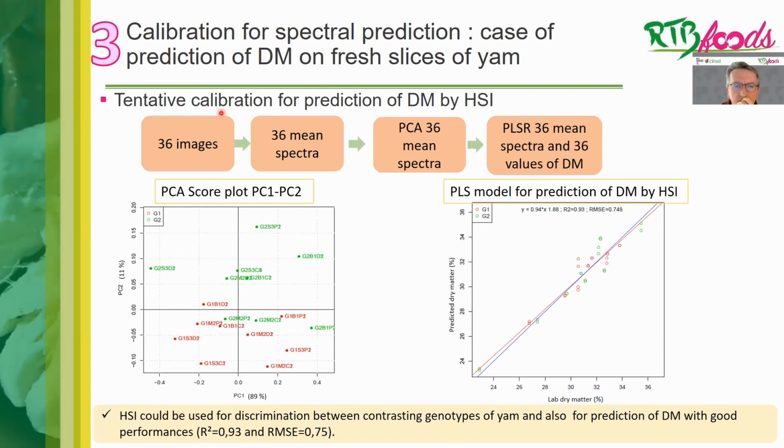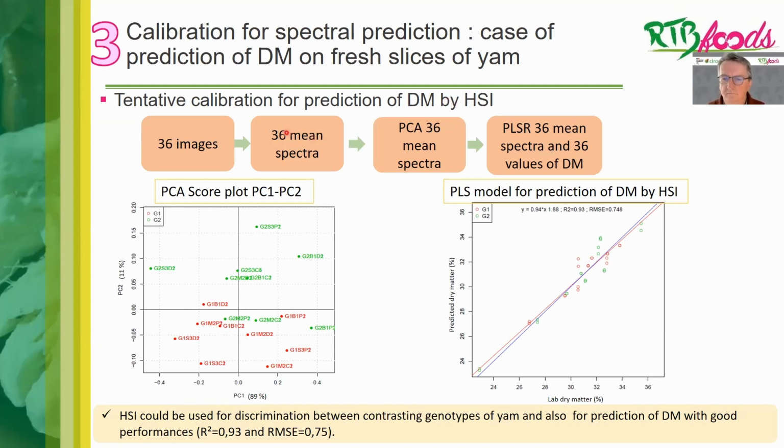So we do a tentative calibration for prediction of dry matter by hyperspectral imaging. Why tentative? Because it's not a calibration for prediction in routine. This is just the calibration to demonstrate the capability of this technique to predict dry matter